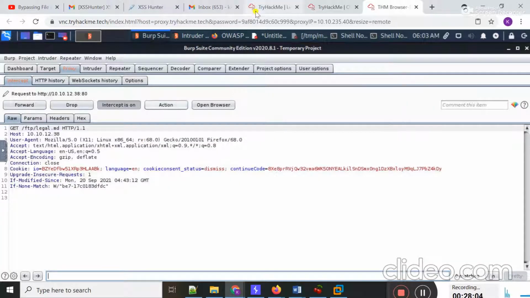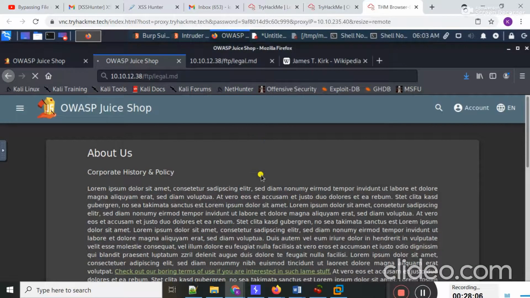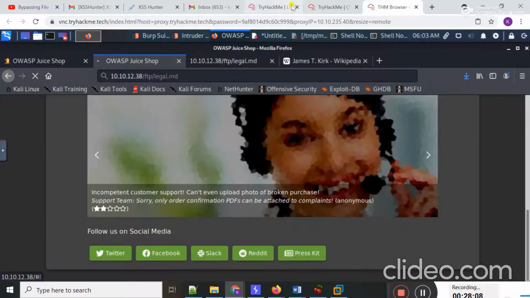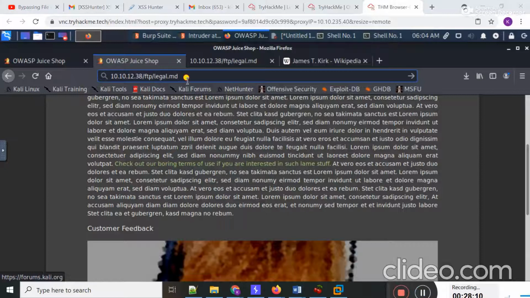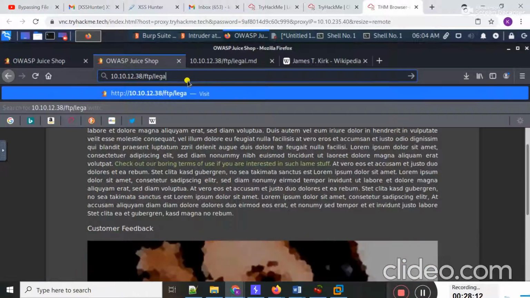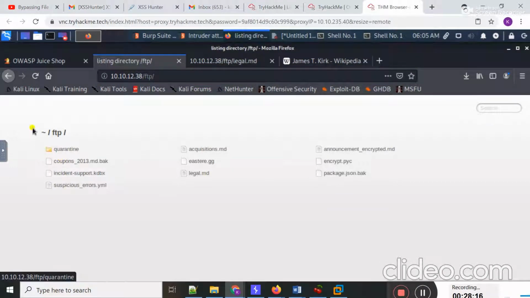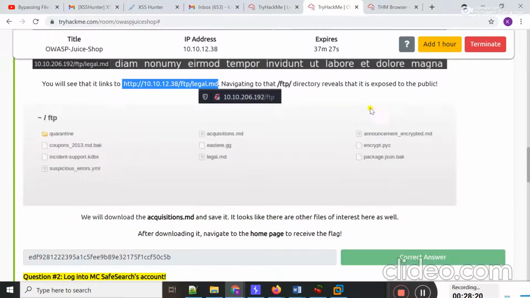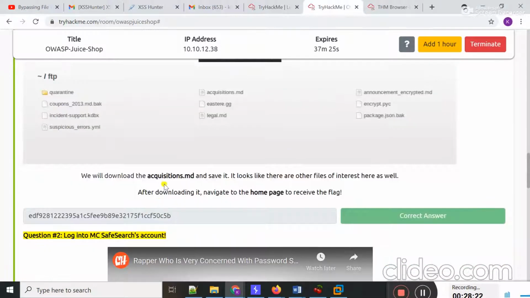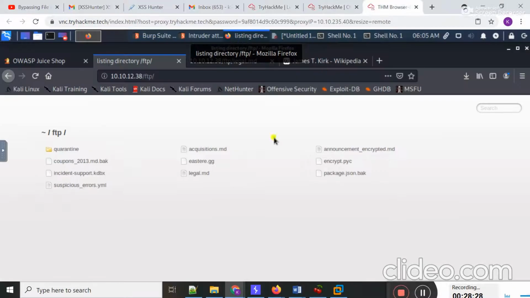I'm going to capture my request in Burp Suite, and okay, if I move to the FTP and hit enter, you can check some stuff is present here, and we will download this file and save it. It looks like there are other files of interest here as well.